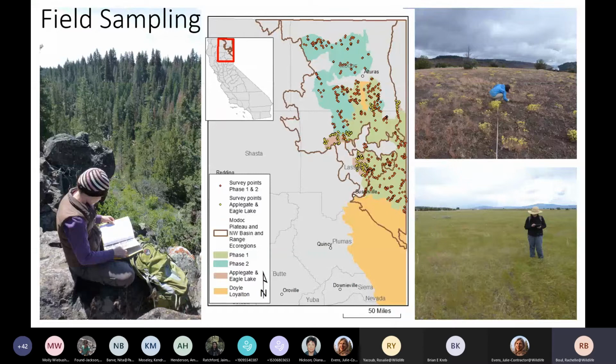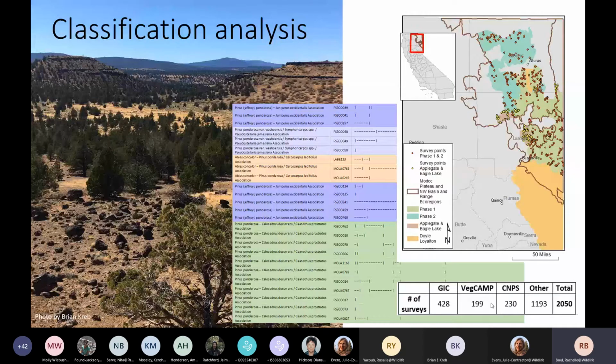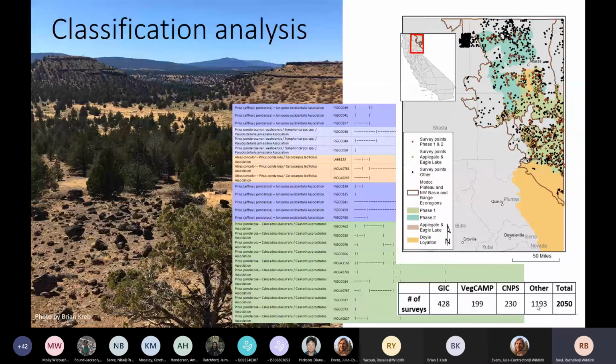Once we have all the field data collected, we then analyzed the data. VegCamp ecologists analyzed the data to develop our vegetation classification for the region. So in total, you can see down here at the very bottom, GIC and VegCamp combined for phase 1 and 2 of the study areas collected 627 surveys. CNPS collected an additional 230 surveys within the Applegate, Eagle Lake areas. In addition, another nearly 1,200 surveys,